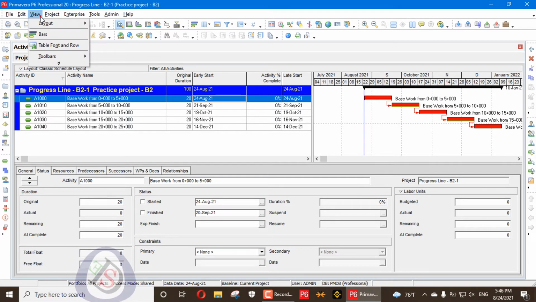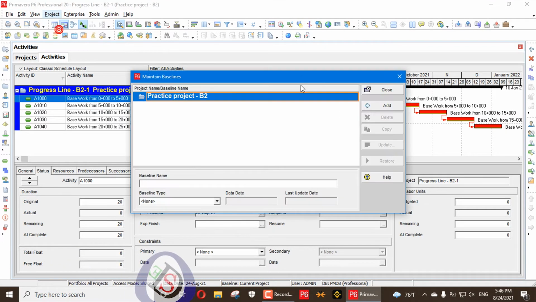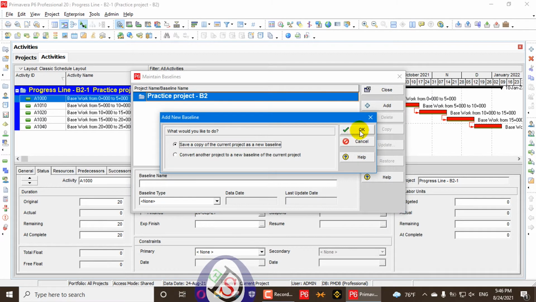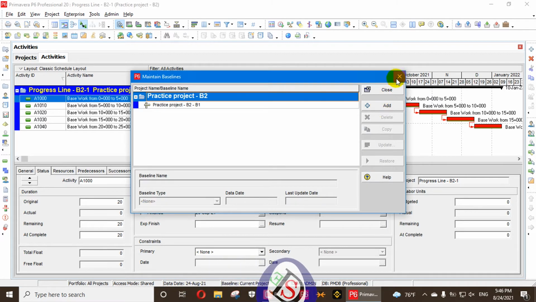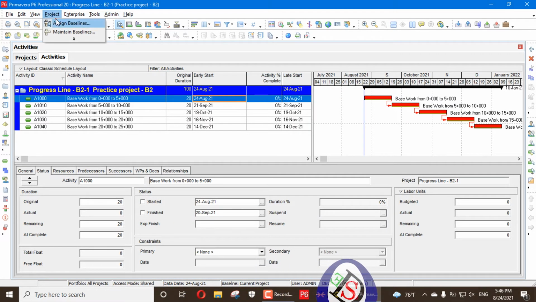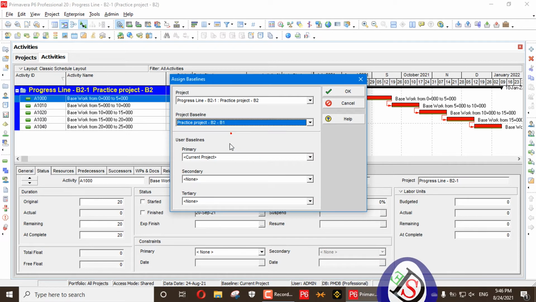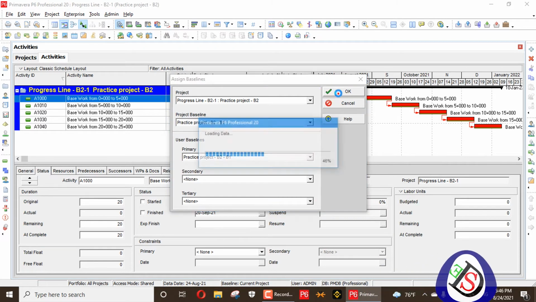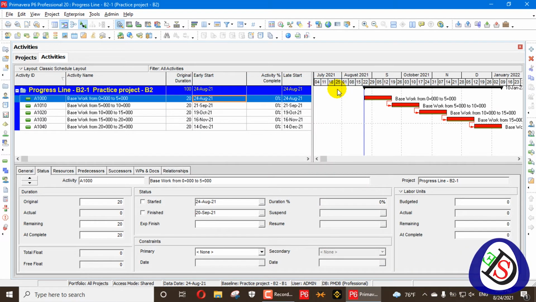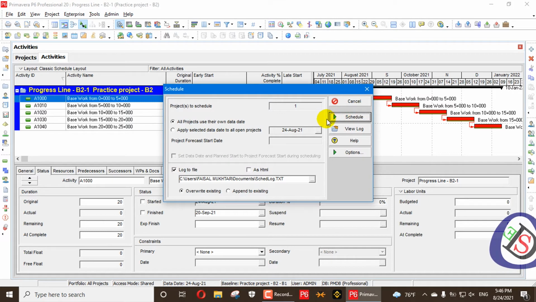First of all, you will go here to Maintain Baselines and you will assign a baseline. While you are doing the monitoring phase, a baseline is a very necessary factor. I will assign that baseline, and you can see it here. So the baseline is assigned now. 5 activities are created for the road work, and now you can see my data date is 24 of August